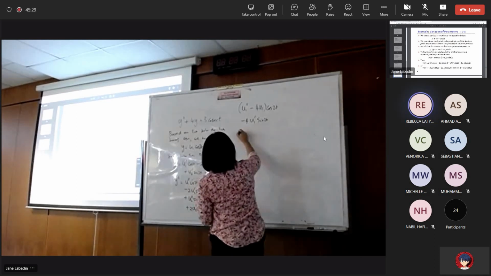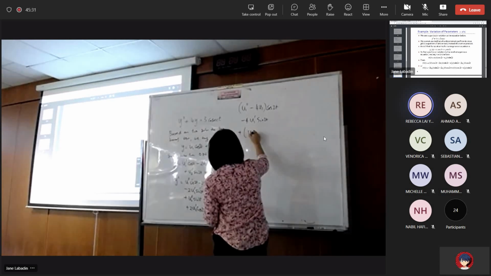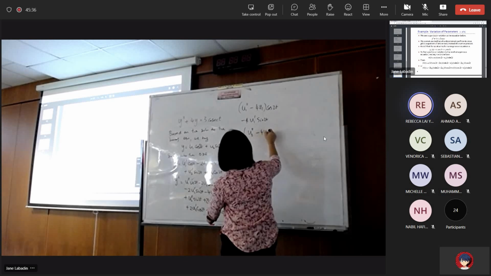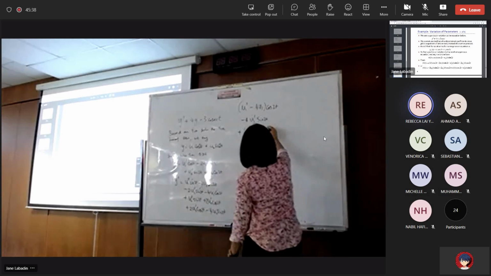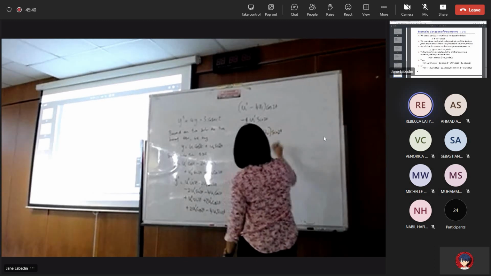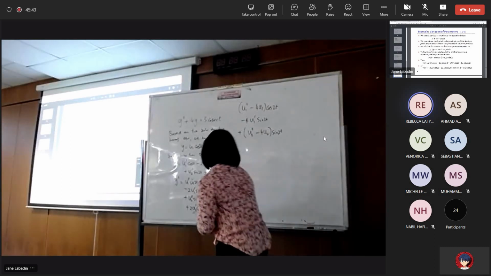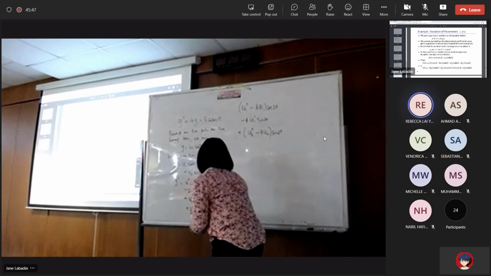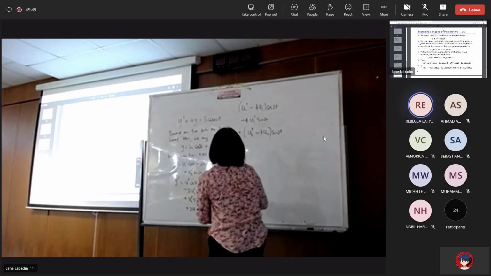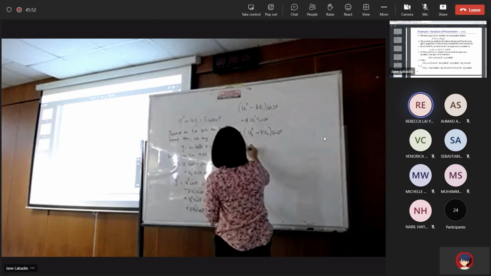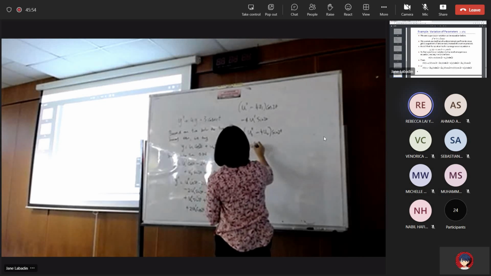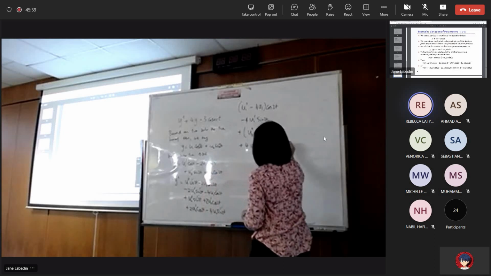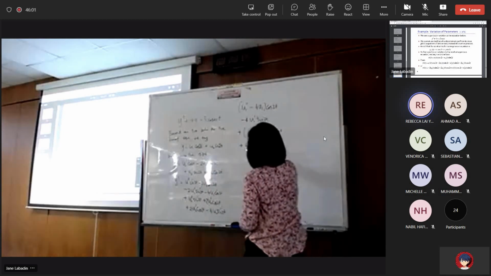And then we have plus u2 double prime minus 4u2 sine 2t. This one. And then plus 4 u2 prime cos 2t. All that is equal to y double prime